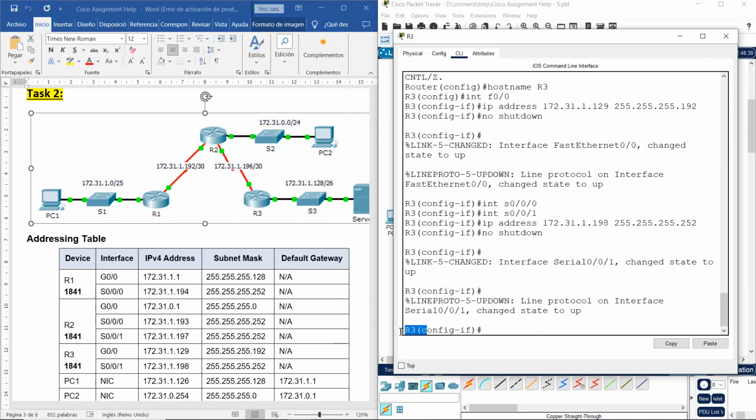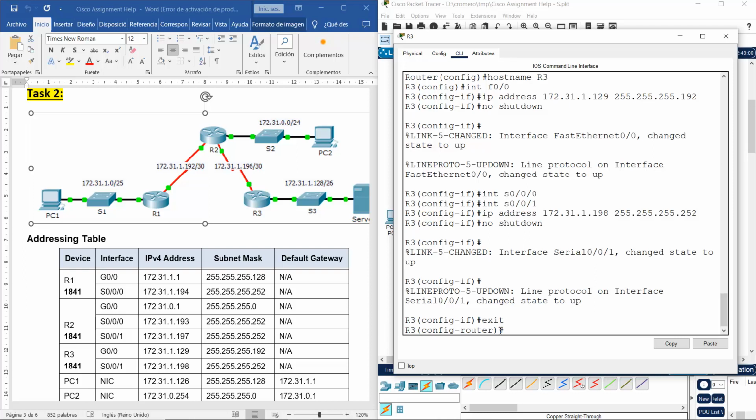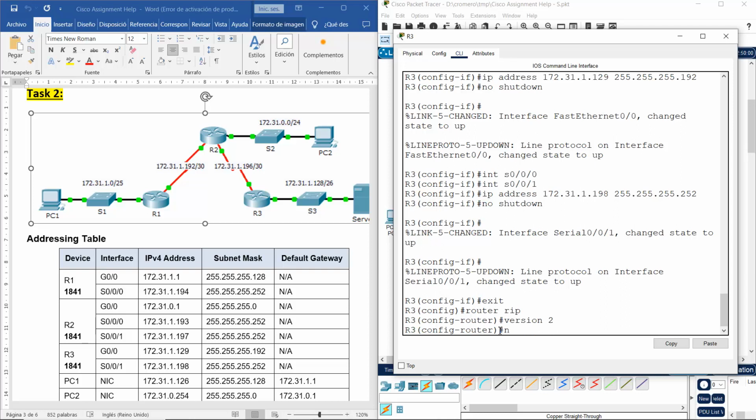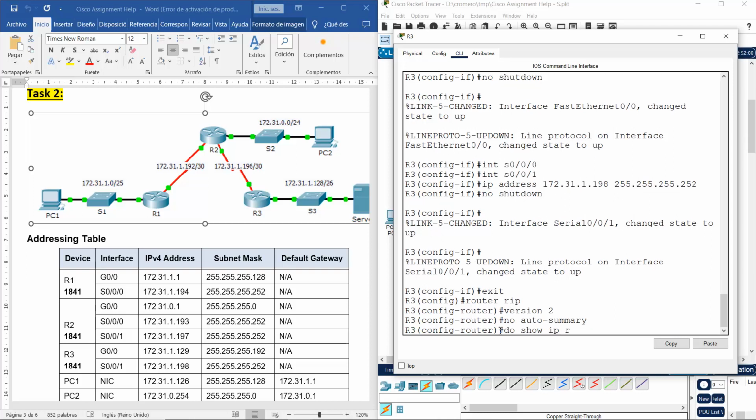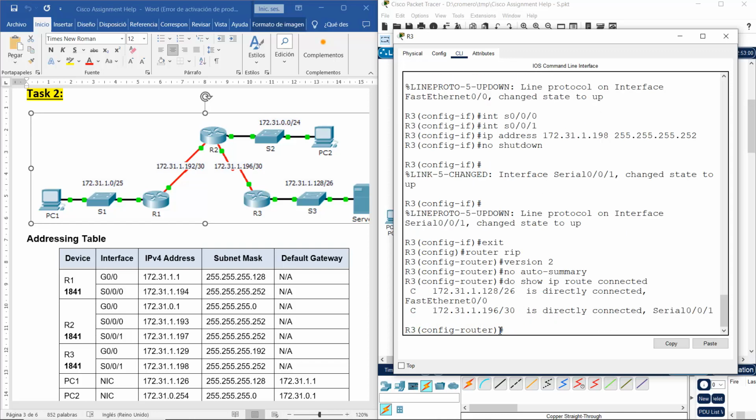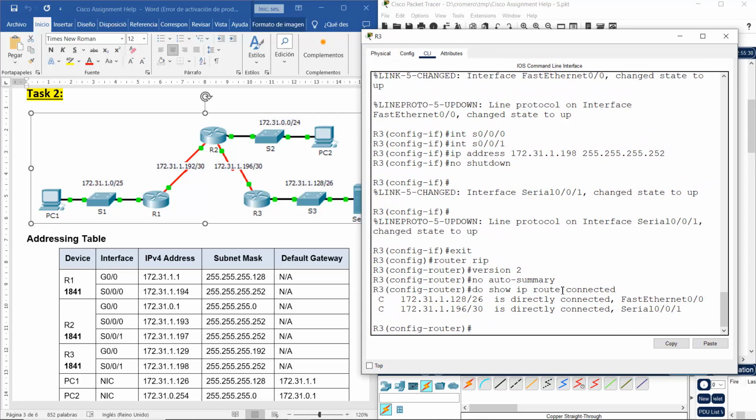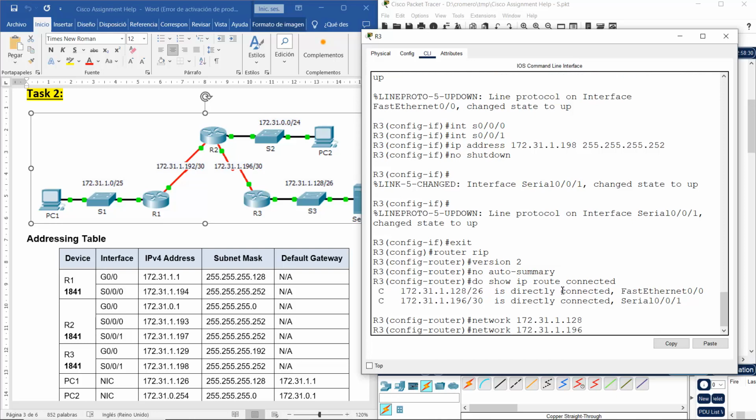Okay, R3, exit, router RIP version 2, no auto-summary, do show ip route connected, should be 2. Configure network 172.31.1.128, 196,